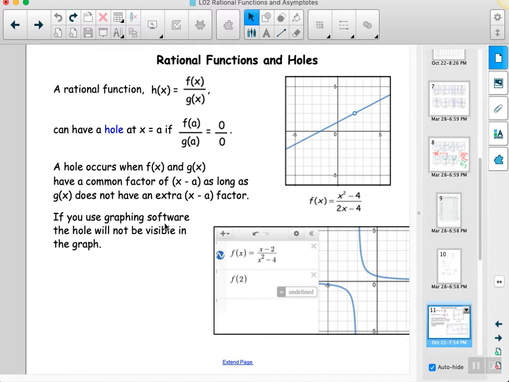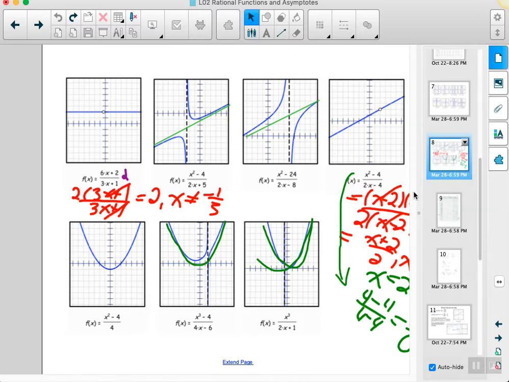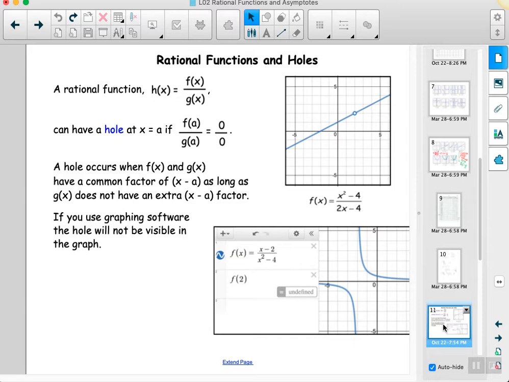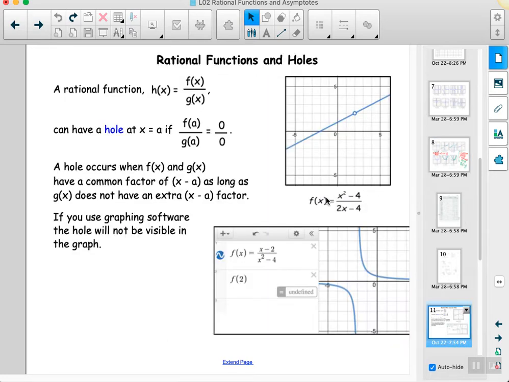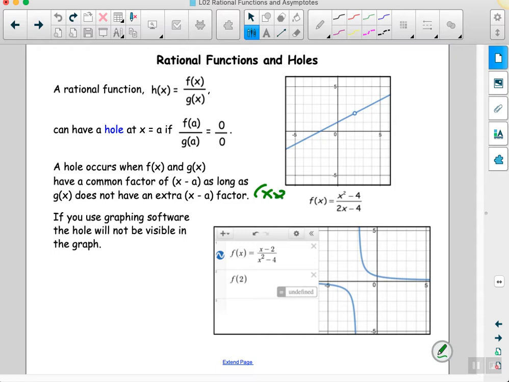I was telling you, if you use graphing software, so look at this one here. Come back here. So I had tried to simplify. Was it that one I simplified for you? Or am I giving you a different one? Let's check. No, see, I turned this the other way around because this one wouldn't be a problem. That's the one I was looking at right now because this is going to be x minus 2